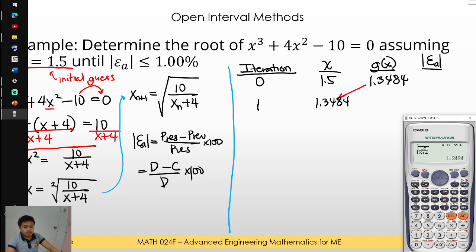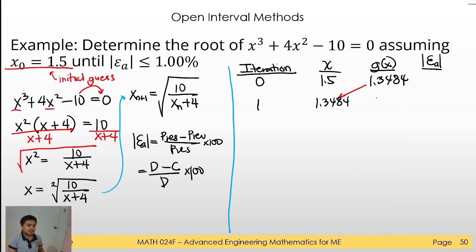And then we will continue to substitute this. So calculate again, and then the previous answer is already there. So answer, we have 1.3674. Okay. And then you will do this and so on. So this will now be 1.3674. And then for the relative approximate error,